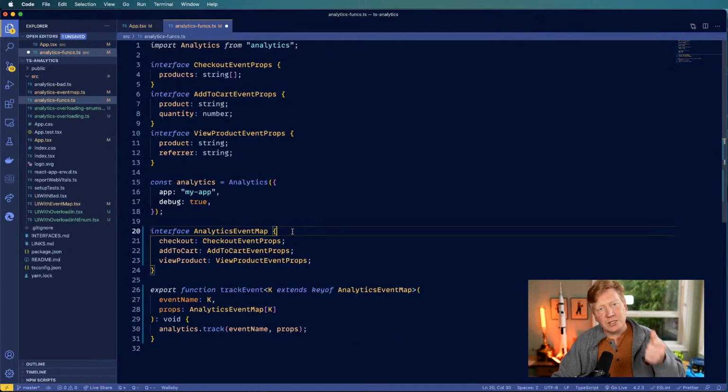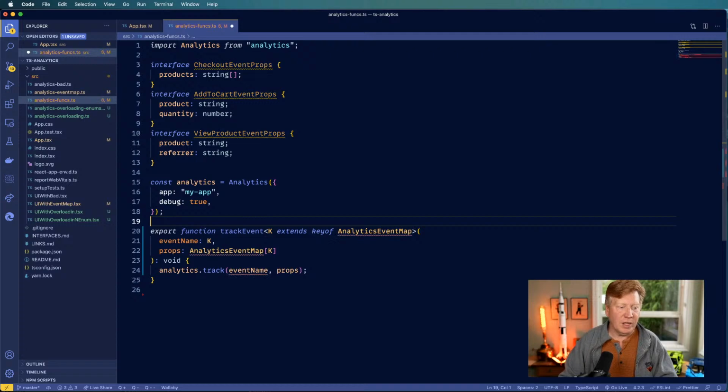And so the idea on this one is we're going to export a bunch of functions that all go, and you just give them the props and away they go. There's a function named checkout, and there's another one called add cart, another one called so-and-so, all that sort of stuff. So what we're going to do is create a function,